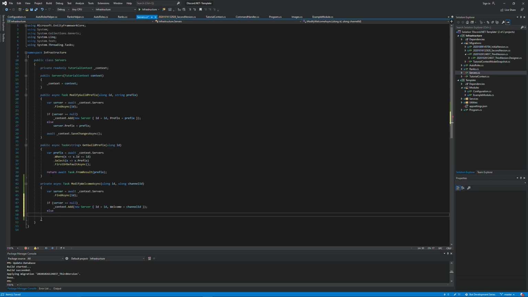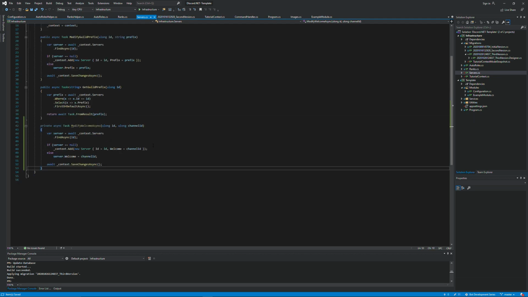Now, if that's not the case, then we just want to modify the value. So we say server.Welcome equals the new channel ID. And finally, we say await _context.SaveChangesAsync. There you go. Now, as I mentioned before, we also want a function that's able to clear this value,